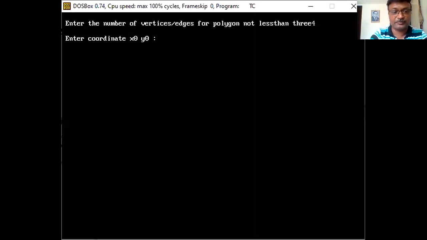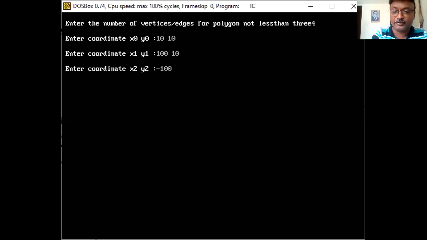Suppose the 4 coordinates I am entering are 10, 10, 100, 10, minus 100, minus 100, and 10, 100. How is this going to appear? 10, 10 and 100, 10 are in the first quadrant, minus 100, minus 100 in the third quadrant, and again the first quadrant. I can vary some points in the first quadrant, some in the third quadrant, or maybe some in the second and fourth quadrants, because the user has that much freedom to vary the points.